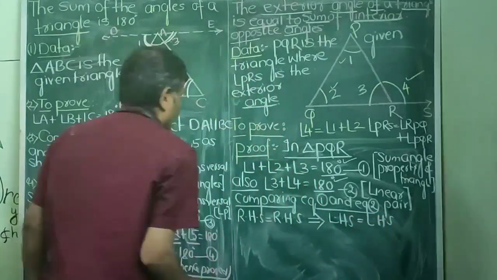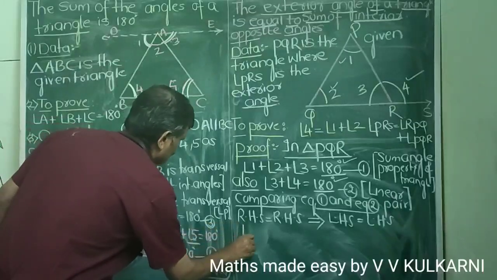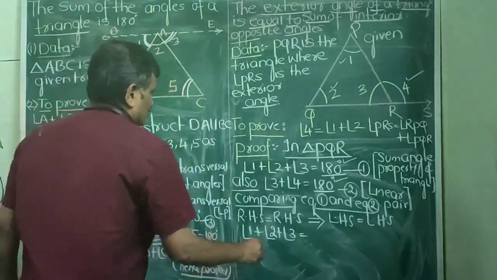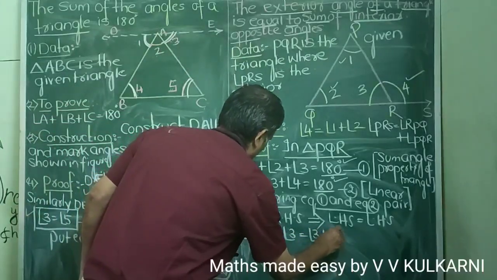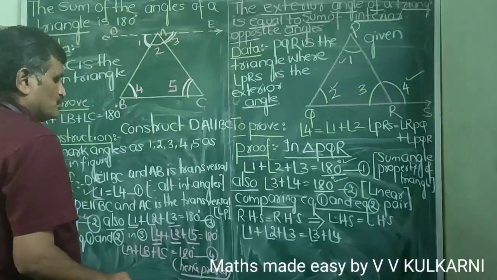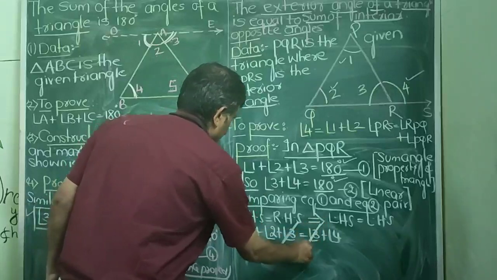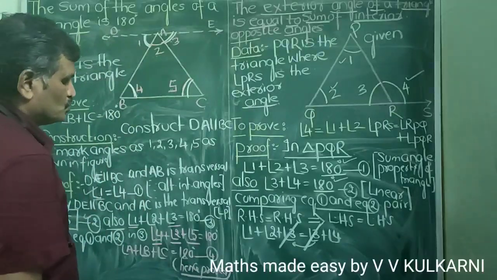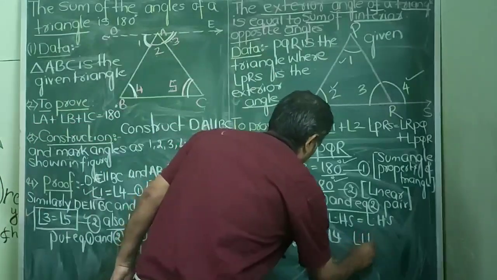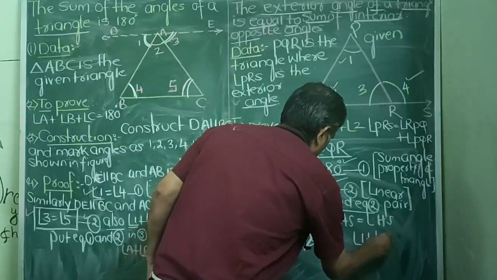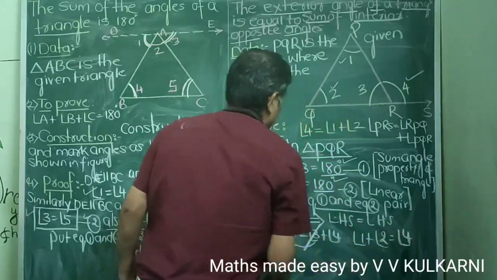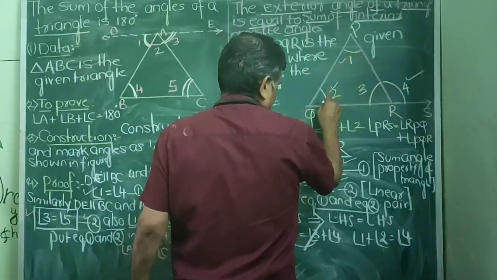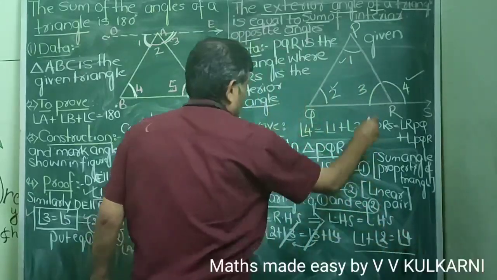If left hand side is equal to left hand side, that means angle 1 plus angle 2 plus angle 3 is equal to angle 3 plus angle 4. So here 3 cancels with 3. Suppose I transpose this 3 here, it will become minus angle 3. So what I will get here is angle 1 plus angle 2 will be equal to angle 4. And just see children, this is what I should prove. Angle 4 is equal to angle 1 plus angle 2. And this is what I have proved.